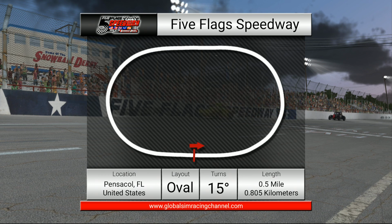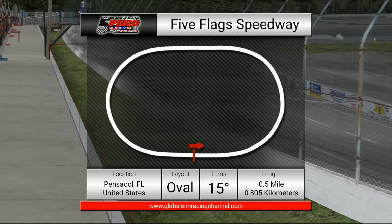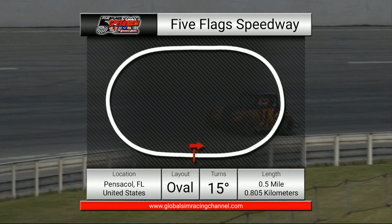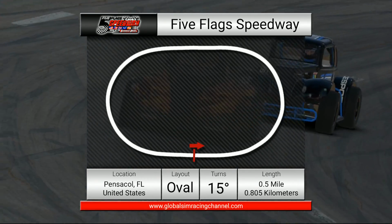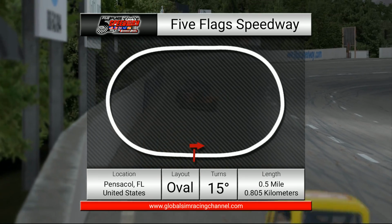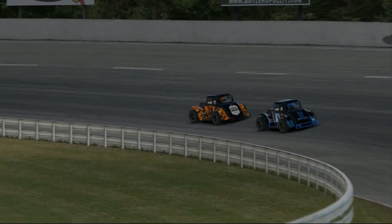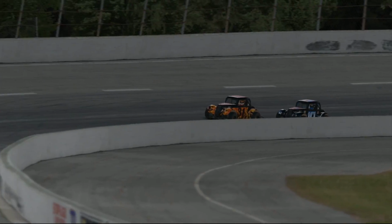Also, the banking varies a little bit, and I would actually say it's a bit on the higher side for short local tracks like this one. It is 15 degrees in the turns and 9 degrees on the straights, and it actually also has a little tiny bit of an oval on the inside of it, but obviously our main focus is here on the big one, so to speak,